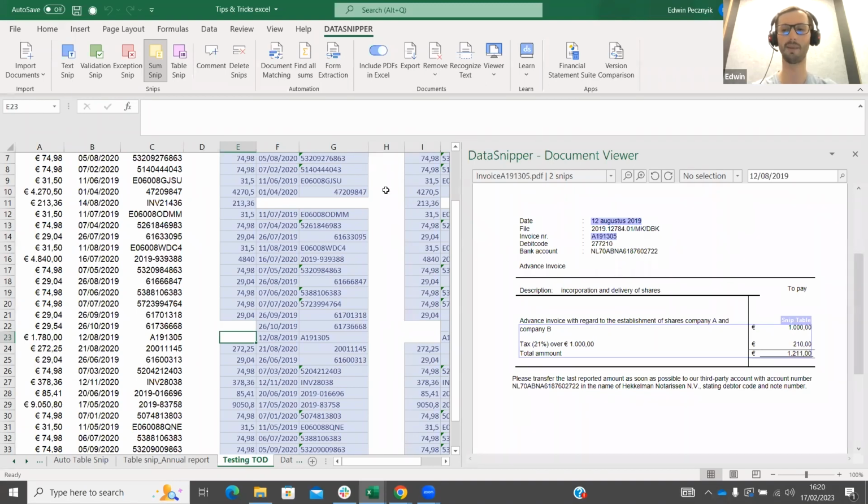But instead of typing in the total amount manually, first you can create a text snip over that document by clicking on the text snip. Let's select the total amount on that invoice. Now you can see that the data is extracted into the Excel workbook, so you don't have to manually type that in. But since there's a difference, you want to highlight this as an exception,